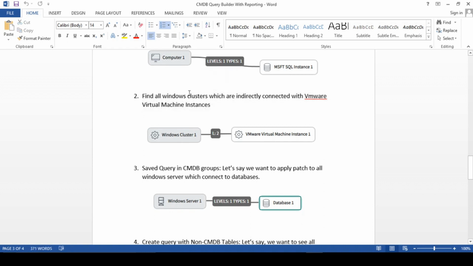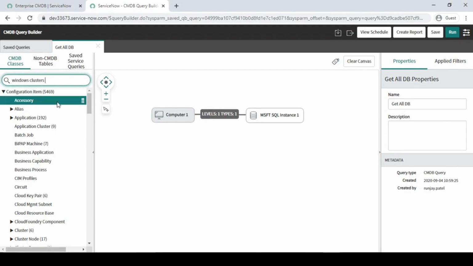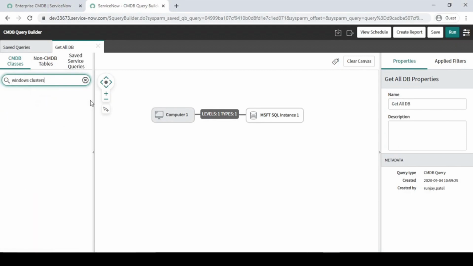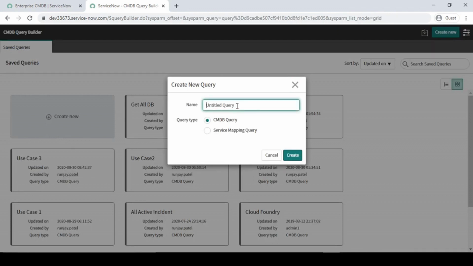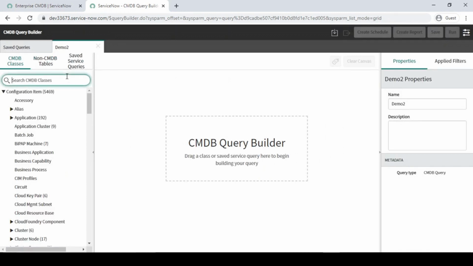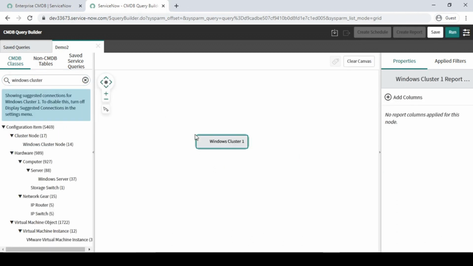So find all the Windows clusters. First of all, we will look for the Windows cluster table. Let me copy this, and I'm going to search the Windows clusters. Fine. So I'm just going to create a new one, just make it demo 2, just giving a name like that. Here we will look for the Windows cluster and we'll just drag and drop it, right? So we can move it here and there,